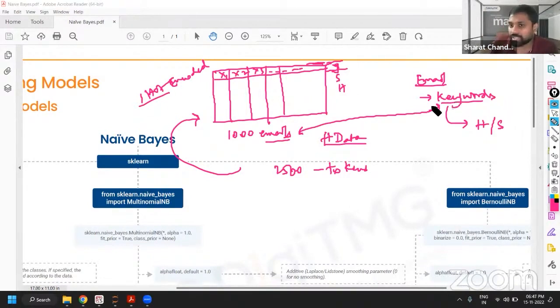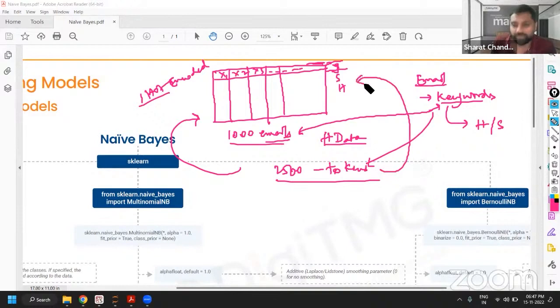So from those 1,000 emails, we were able to take 2,500 keywords or tokens. And with respect to these tokens or keywords, we are trying to define the probabilities for an email being ham or spam. Till now, this is what we do. This is the training part. But what if you have to use this trained algorithm